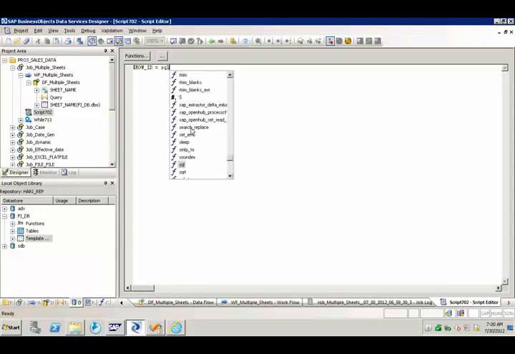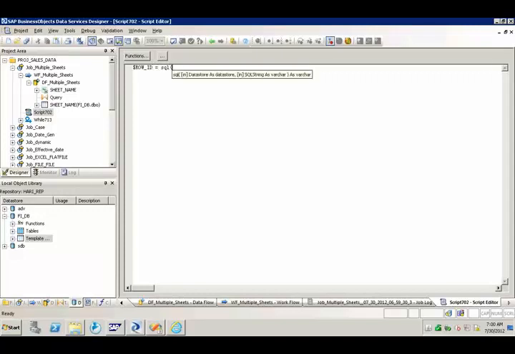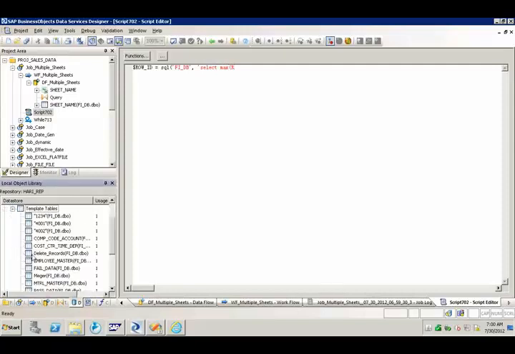So SQL. So the data store name. What is the data store name? FI underscore DB. Next we need to select max of row underscore ID, row ID column. What is the row ID column?